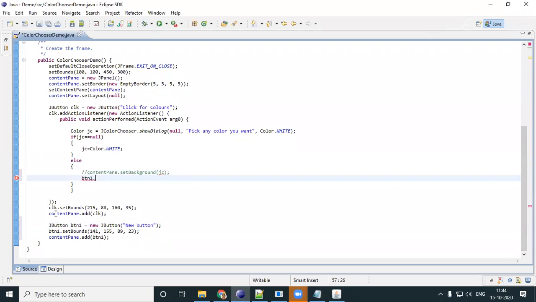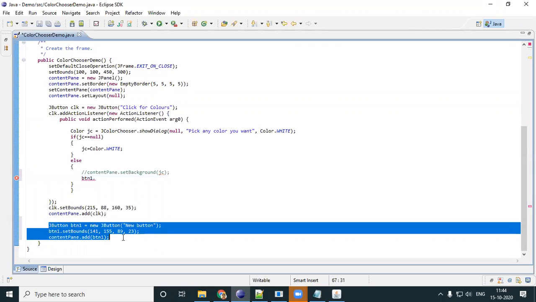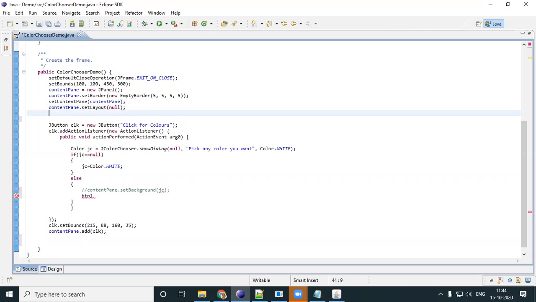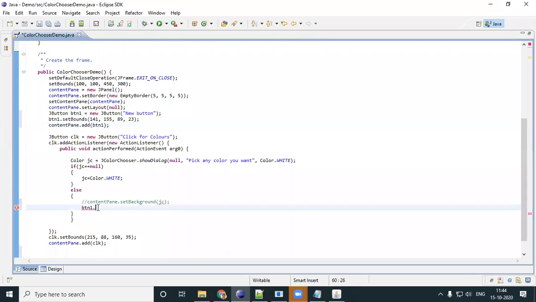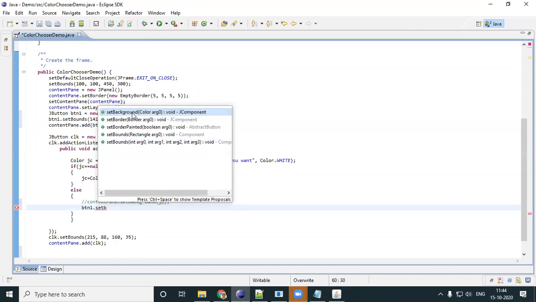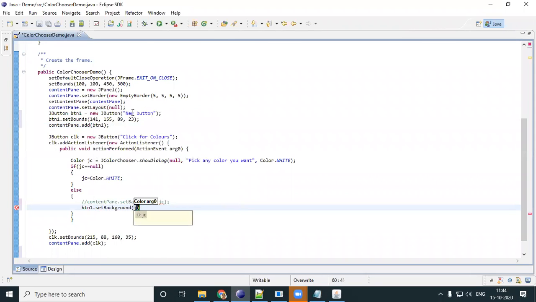I'm not getting methods for button 1 because button 1 was declared after the add action listener. I just put it on top. Button 1 dot. Okay, now it looks good. Set background color JC.